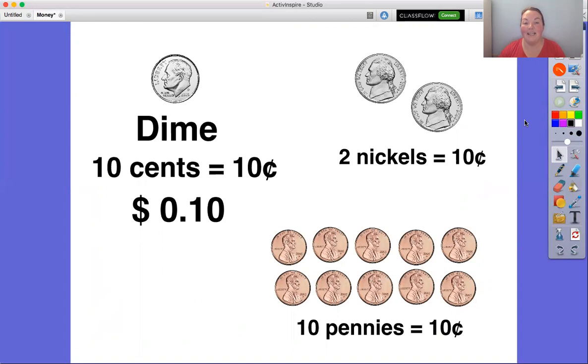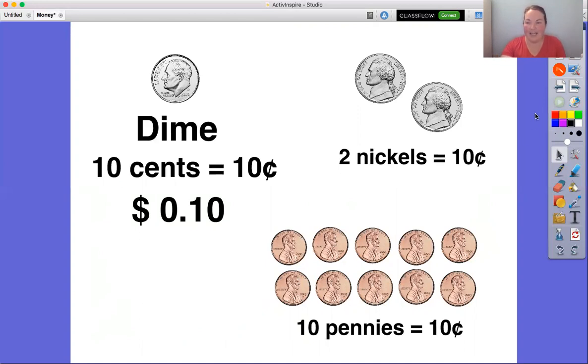If you needed 10 cents, you could just use a dime. Or you could use 2 nickels because they're each worth 5 cents. 5, 10. So that would also be 10 cents. Or you could use 10 pennies. They're each worth 1 cent. Okay? So if you need 10 cents, you could do 10 pennies, 2 nickels, or just use a dime because